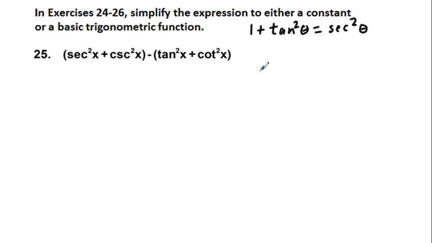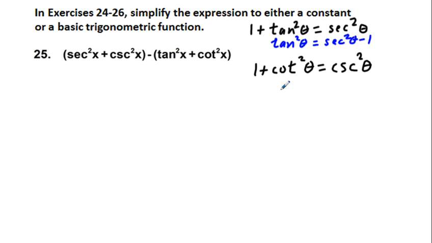And we're going to come down a couple steps here, and one of the other Pythagorean identities is 1 plus cotangent squared theta equals cosecant squared theta. All right, this first one, if we solve for tangent squared theta by subtracting 1 from both sides of the equation, we get tangent squared theta is equal to secant squared theta